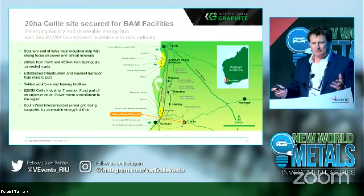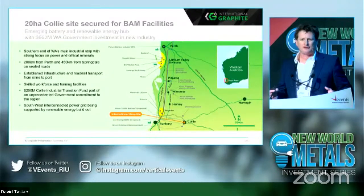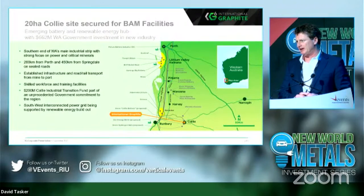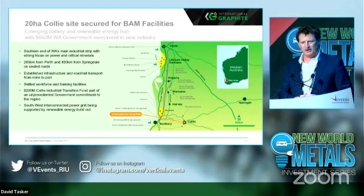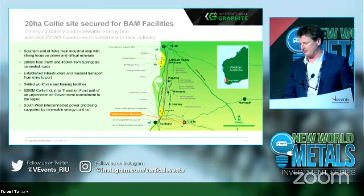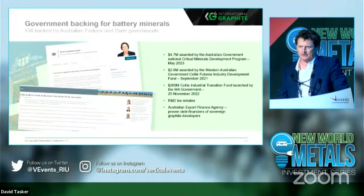Briefly, why Collie? Probably preaching to the converted in this room. Clearly, Collie is the centre of the Southwest Interconnected Grid. It'll be the centre for the distribution of renewable energy across Western Australia as the coal plants shut down over the next 10 or so years. It's got an existing workforce there, abundant skills, the southern end of the industrial corridor of Western Australia, and it's a fantastic place to be doing business when we get significant support from government for establishing our facilities there. So the state government has